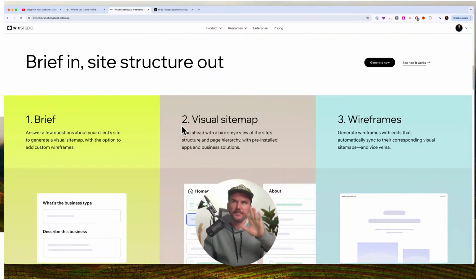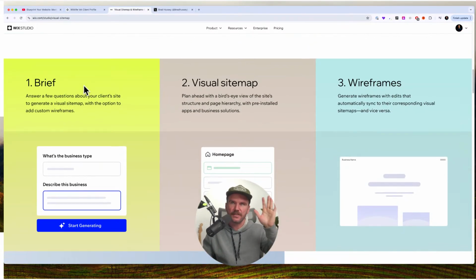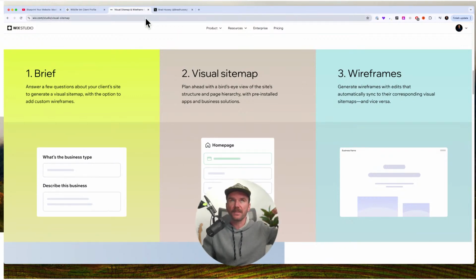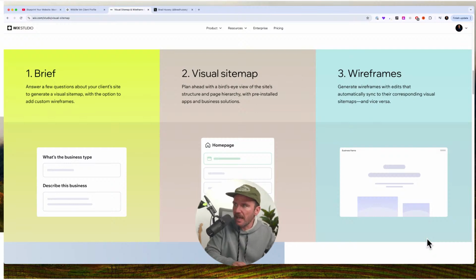So obviously there's a nice page here explaining the product. We're going to dig right into the product and show you. We're going to get our hands dirty. I encourage you to do it too alongside. Leave this tab open and go to wixstudio.new. If you type that in, https://wixstudio.new,